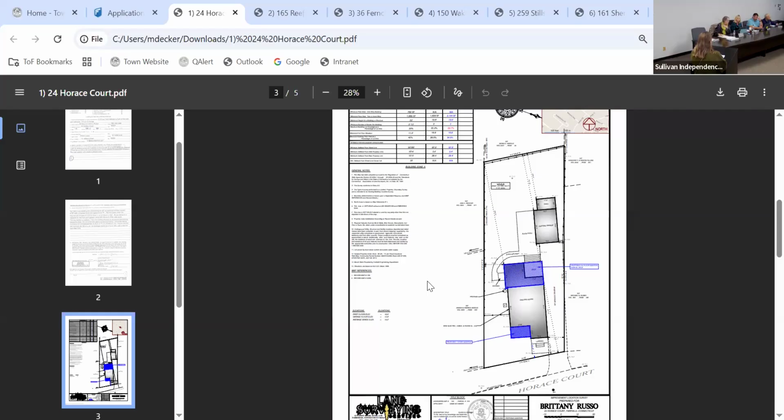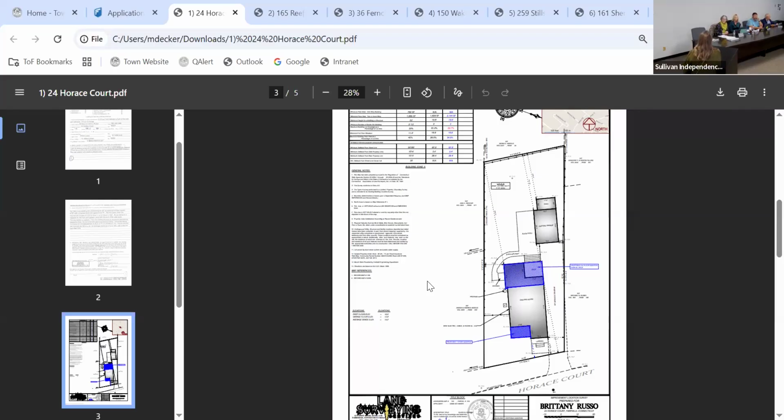We're also asking to increase our lot coverage by 1.4% from 22.3 to 23.7%. If our lot size was the minimum for Zone A to begin with, our lot coverage would be around 15%, which would be well below the 20% permitted. And that's it. Thank you. Thanks. Okay, does the board have any questions of the applicant?